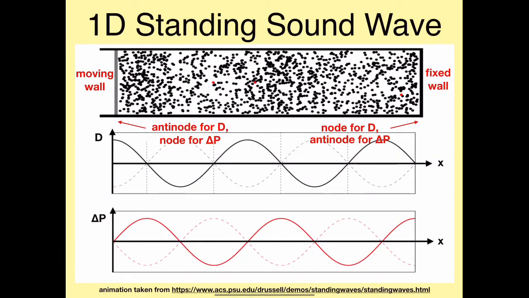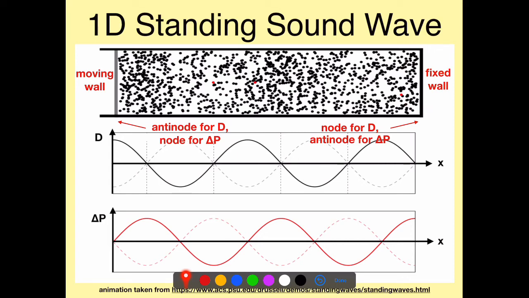Okay, so let's start by thinking about a one-dimensional standing sound wave. It gets a lot more complicated in 2 or 3 dimensions, so let's just look at the one-dimensional case here. Now, how could we create this kind of standing wave? Let's say we have a tube that's filled with air, and on the left side we have a movable wall, so this can move back and forth, and on the right side we have a fixed wall, which can't